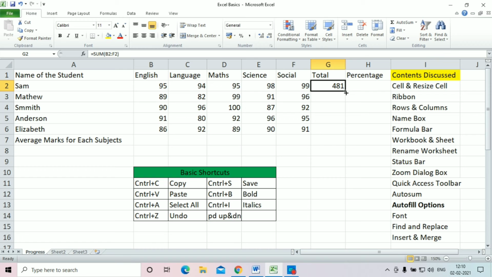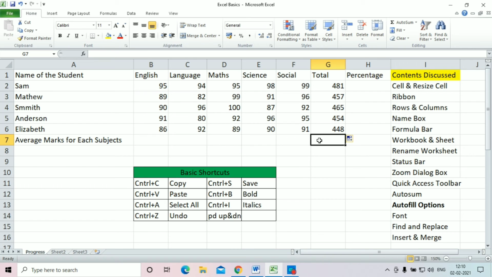When you hover your arrow over the corner, you could see a plus mark pop up. Just simply double tap that and drag that. Automatically the entire total marks are added over there. Why? Because the autofill option has the capability to do the same thing which you applied in the previous step.